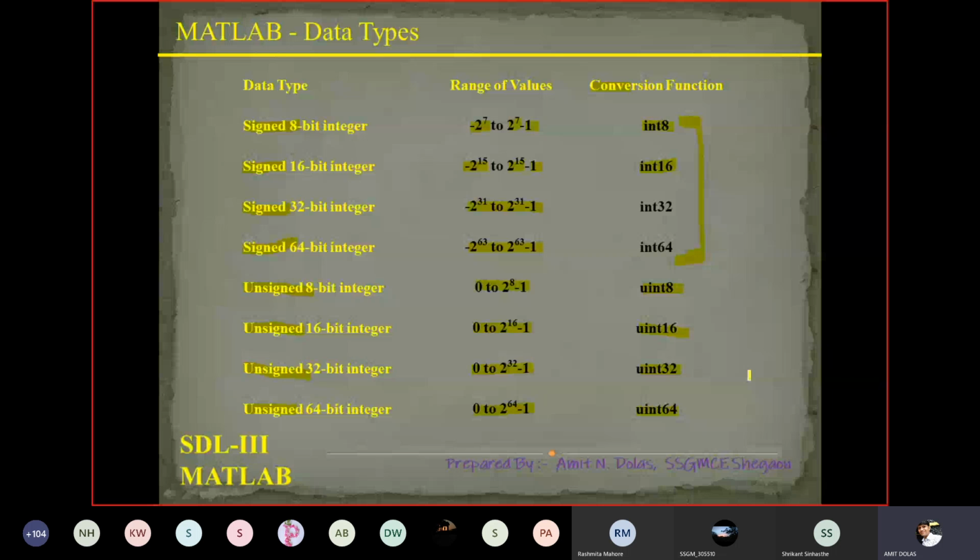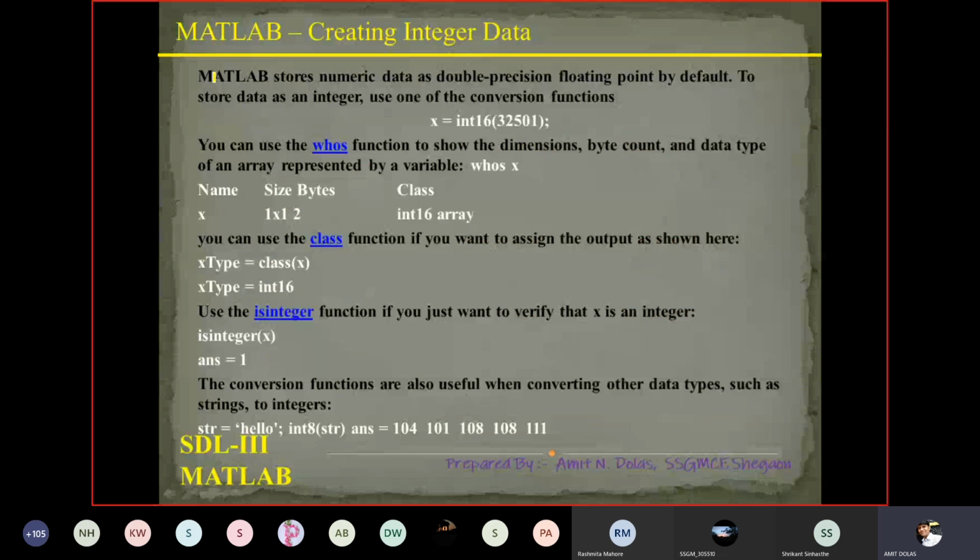Some of the functions I might have used before coming to the PPT, so don't you worry, because to explain I have to use multiple syntaxes to correlate with each other.